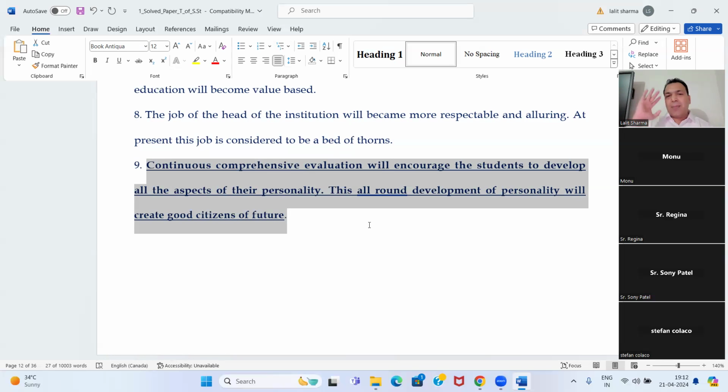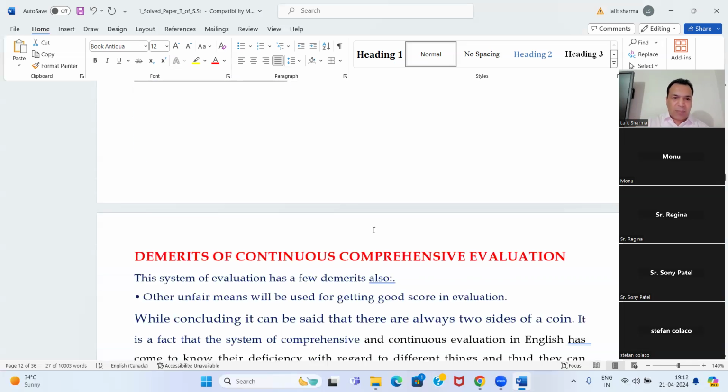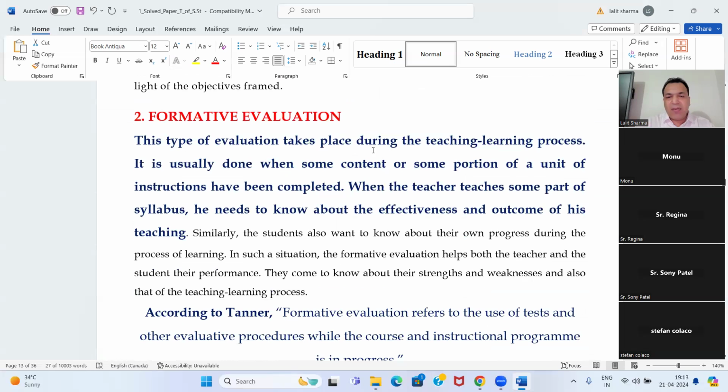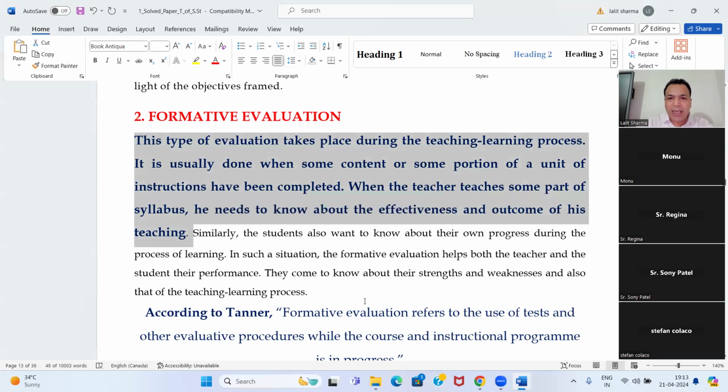Now we discuss another type of evaluation, which is a formative evaluation. Second is summative evaluation. Okay, तो व्हाट इज ए फॉर्मेटिव इवैल्यूएशन, ये डिमेरिट्स भी देख लेना इसके क्या हैं, ठीक है। फॉर्मेटिव इवैल्यूएशन क्या होती है? This type of evaluation takes place during the teaching learning process. It is usually done when some content or some portion of the unit instructions have been completed. When the teacher teaches some part of the syllabus, he needs to know about the effectiveness of the outcome